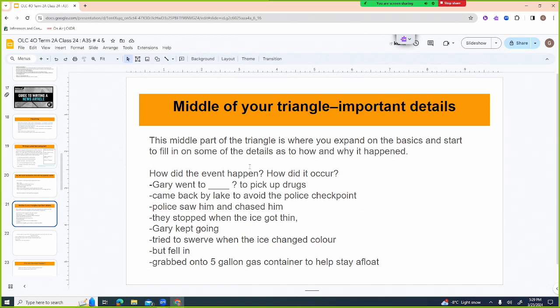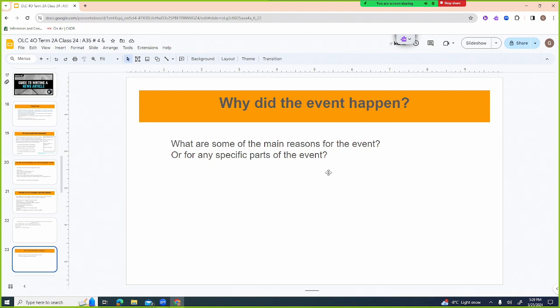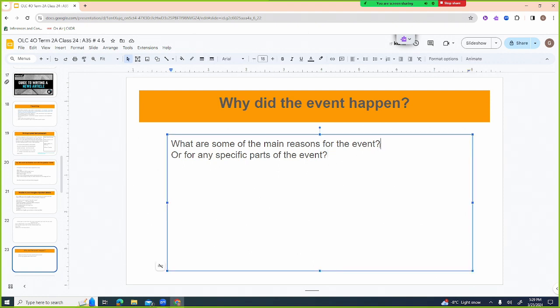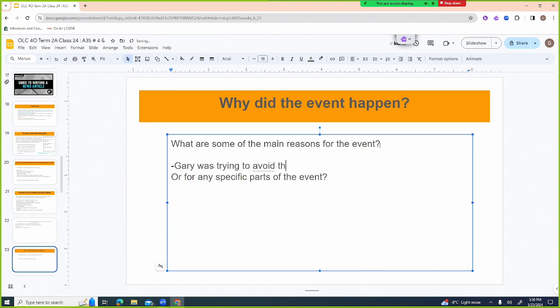I'm going to do the same kind of dense sentences that you want to do for your news article. Okay. Why did the event happen? What are some of the main reasons for the event? Well, there's two main reasons. One, Gary was trying to avoid the police checkpoint, which was not on the ice as far as I remember.